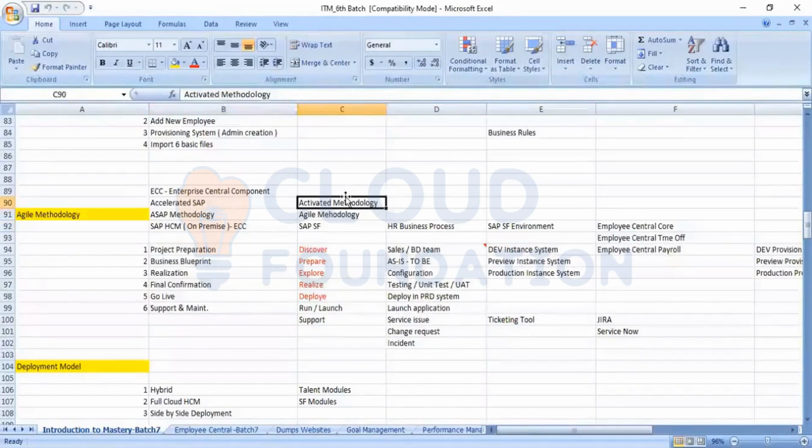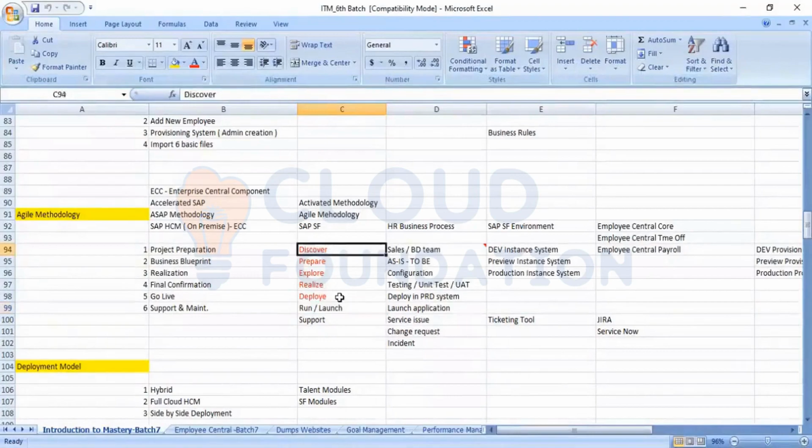In activate methodology, we have 6 phases, starting from the discover phase. From discover to run and launch, it covers how we go from scratch to implementing and taking the application live in the system.